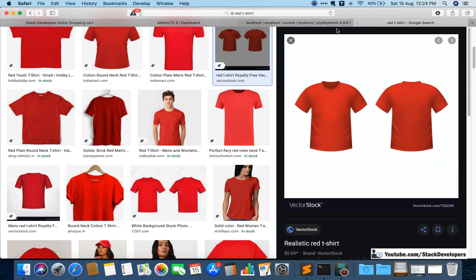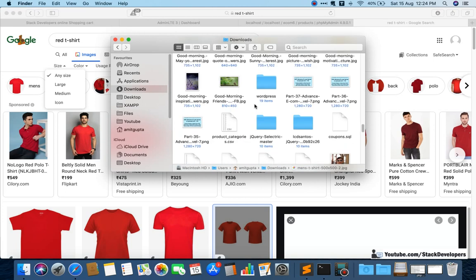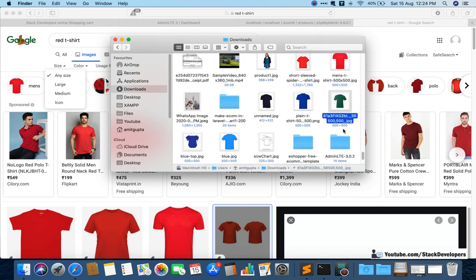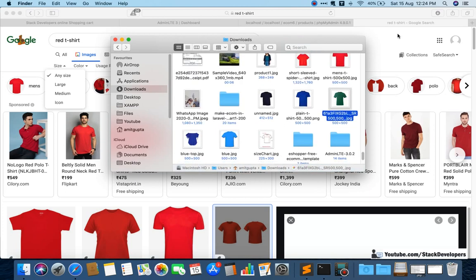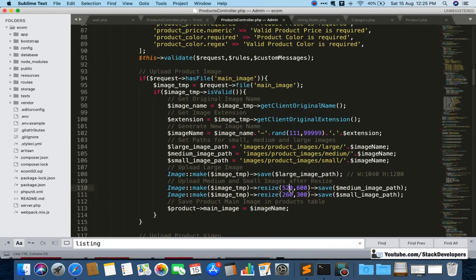And see here, like the red t-shirt and other images, I have downloaded a few more images from the internet for testing purposes only. And here I am going to check 500 into 500, again 500 into 500. Okay, so most of the images have equal size. So what I can do here is change it: I will make 500 into 500, I will make 250 into 250, and I can start here with 1000 into 1000. Okay, now you can check here and here as well.